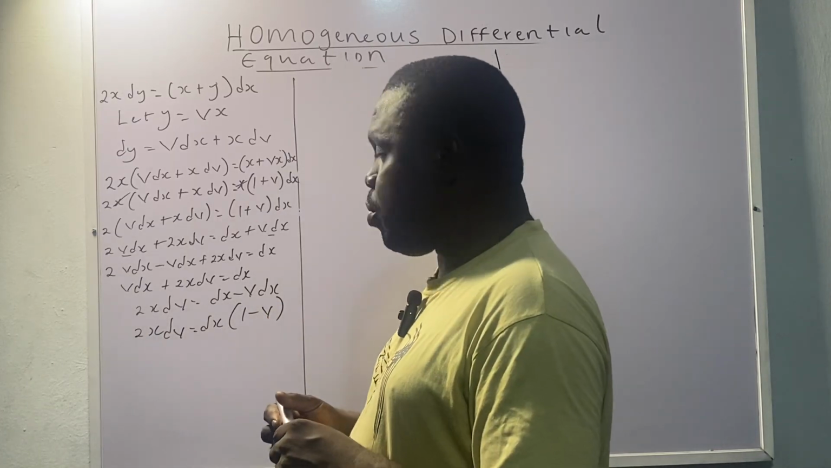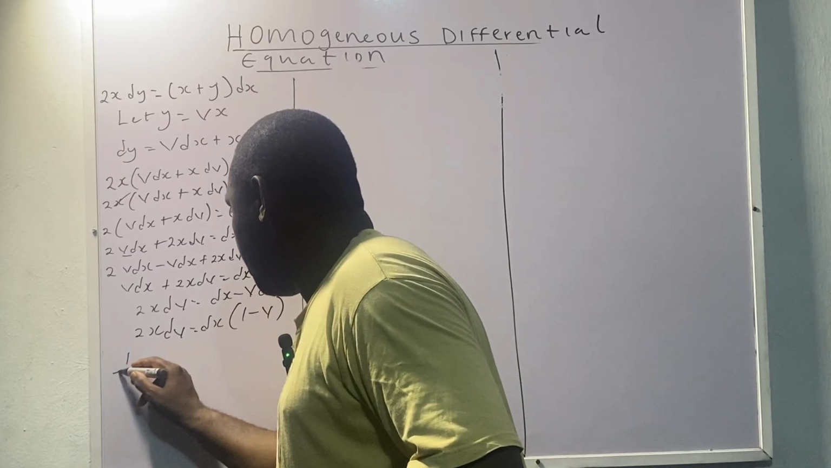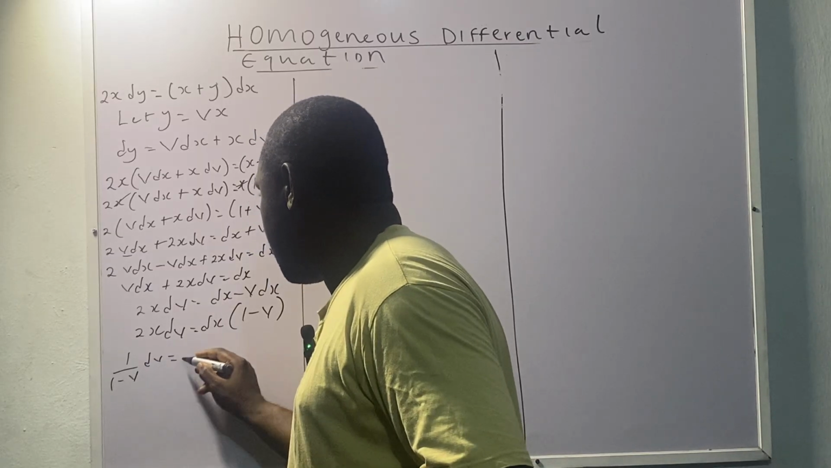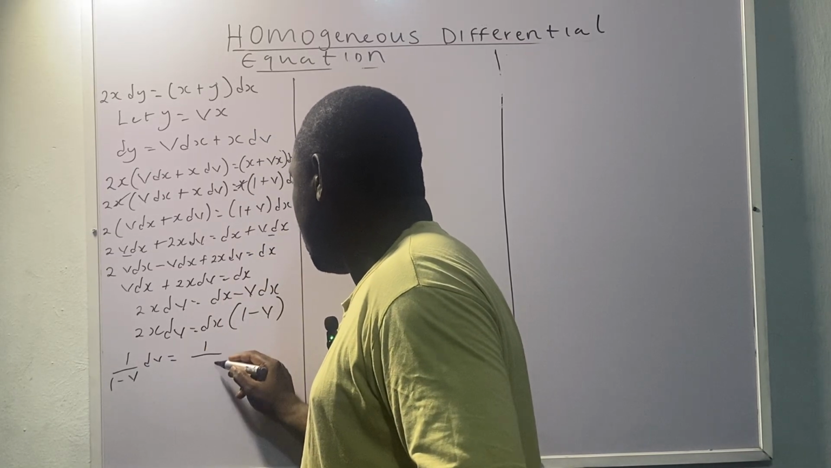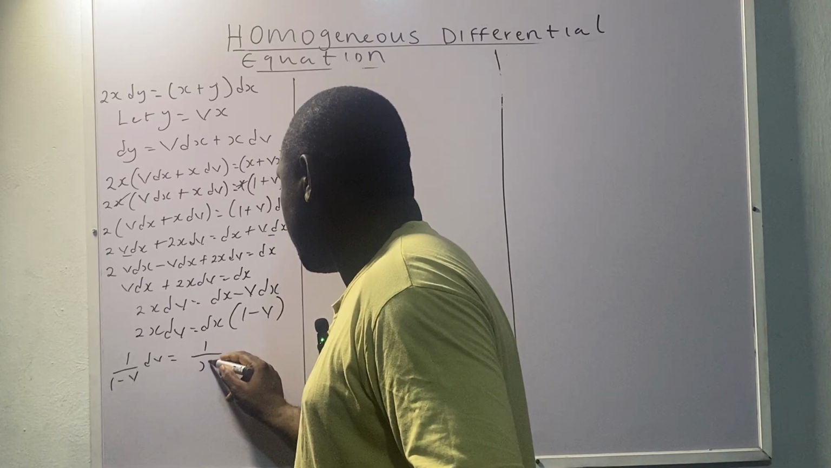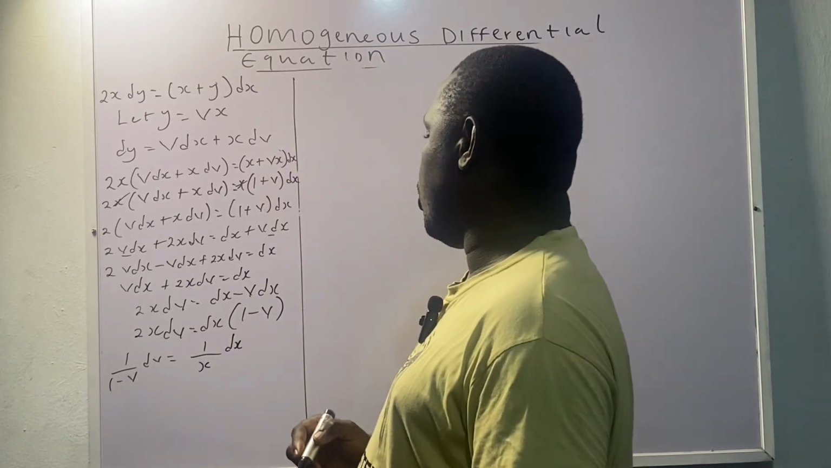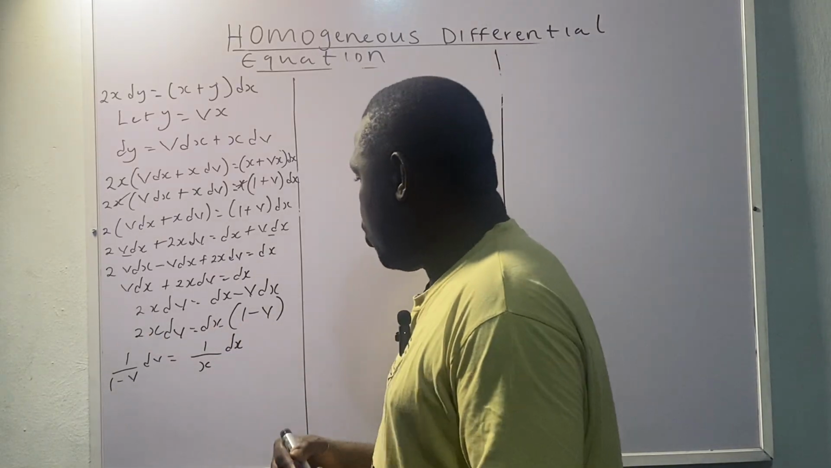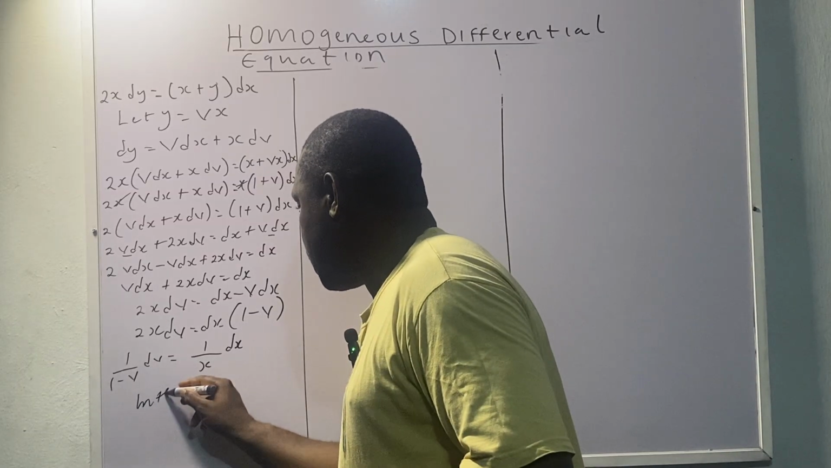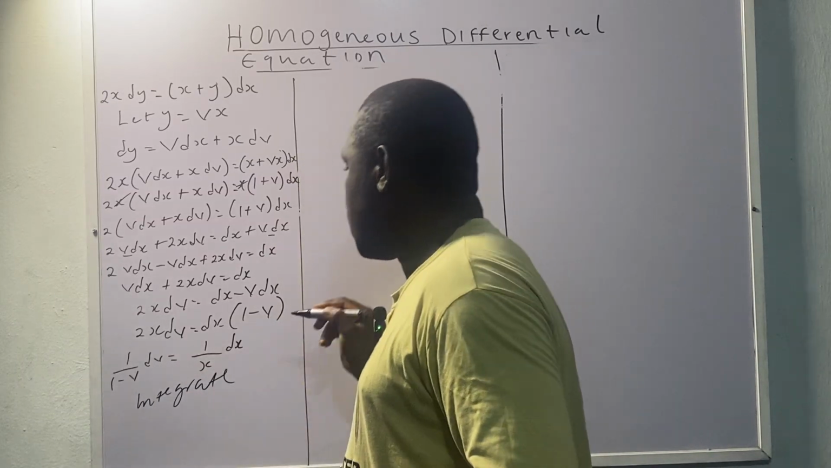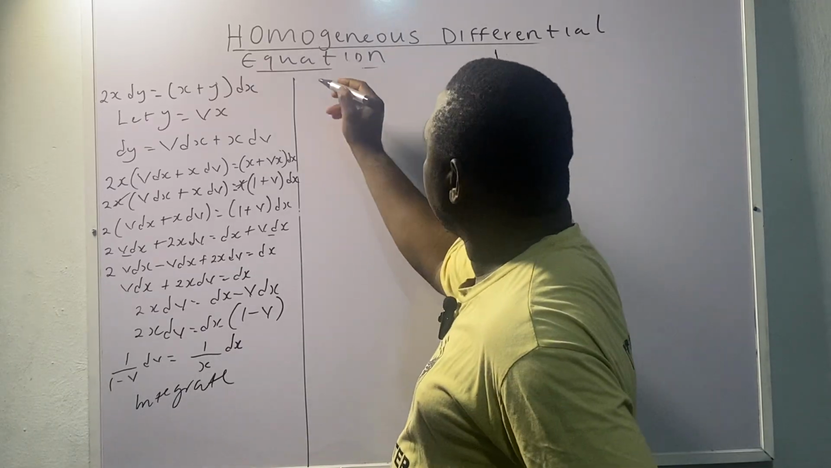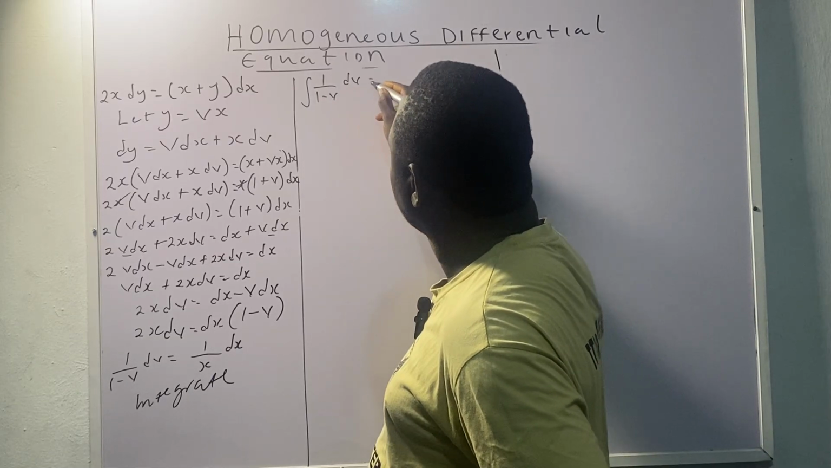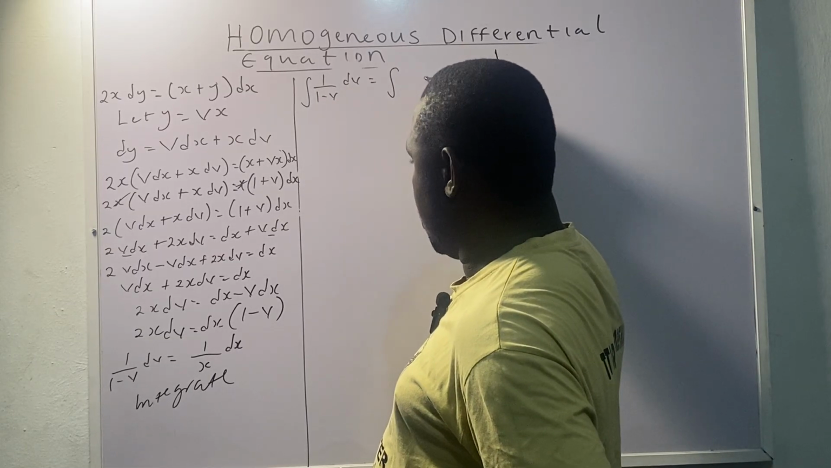So that's separable variable. So I have 1 over 1 minus v dv, and then I have 1 over x dx. So that's how you go about it. This goes under this, this goes under this. So the next thing is to integrate. You integrate. So to integrate that, you have, then to integrate this, you have